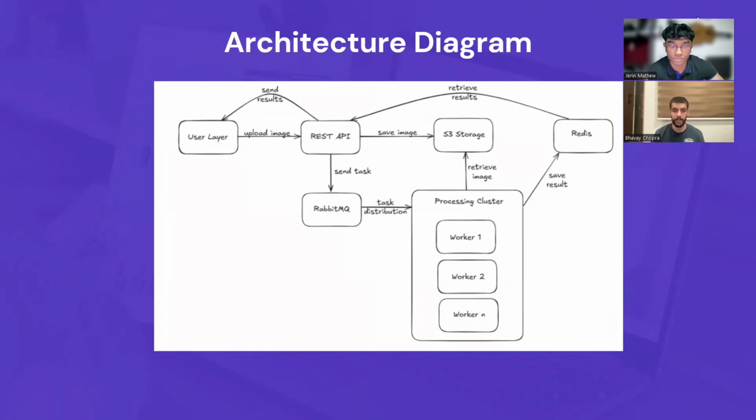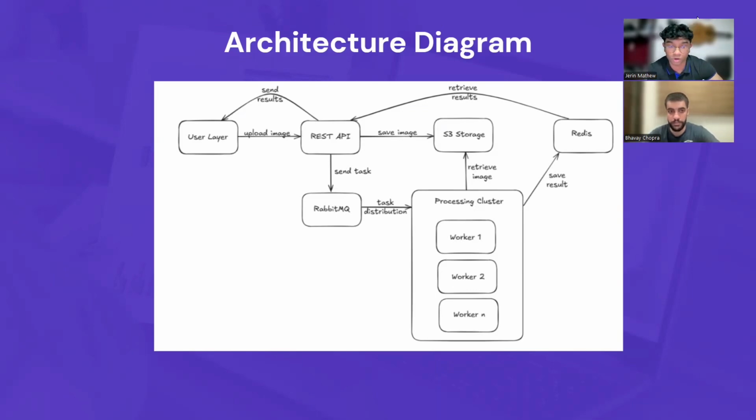This is the system architecture diagram which shows how the project works. The flow is such that the user first submits an image through the REST API servers, and then the image is stored and a task is created using RabbitMQ. The REST API saves the image to the S3 storage and sends the classification task to RabbitMQ. Then the task is distributed using RabbitMQ, which sends these tasks to the processing cluster,